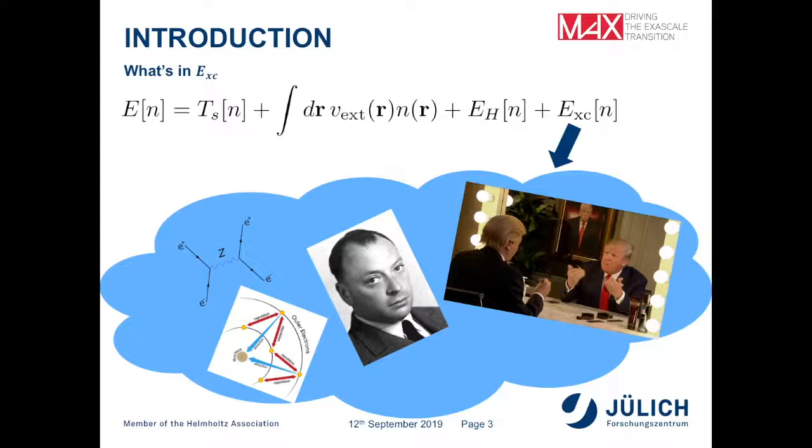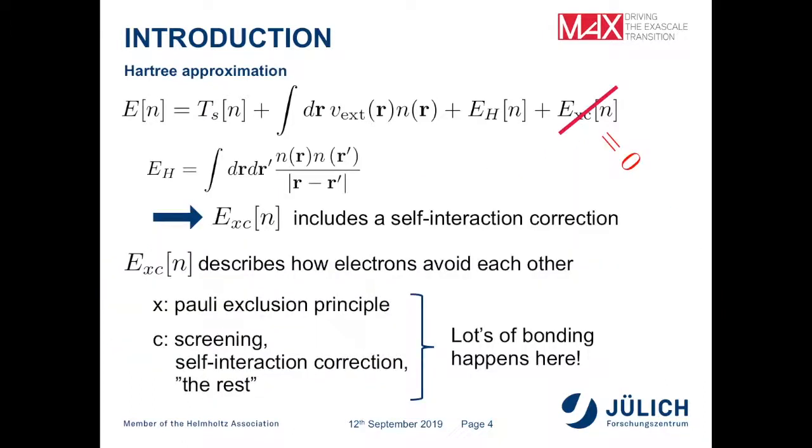solve these problems is we introduce this kind of exchange correlation energy where we just more or less define it as all the errors that we make in these first three terms, we just subtract here so that in theory it is correct. The trick is in how to do it and how to get the exact exchange correlation energy. And so, for example, when you do the Hartree approach, one obvious error you're doing in the Hartree